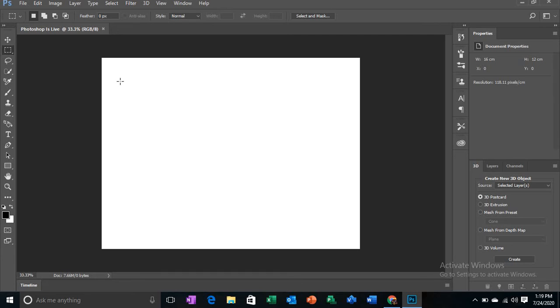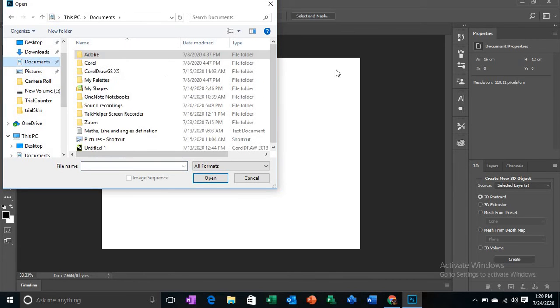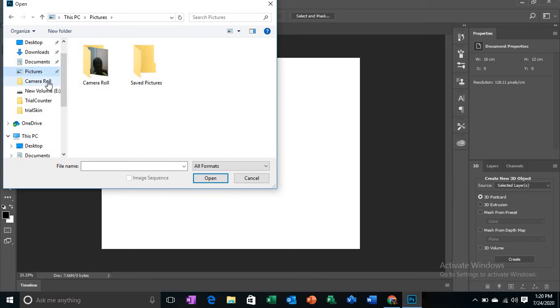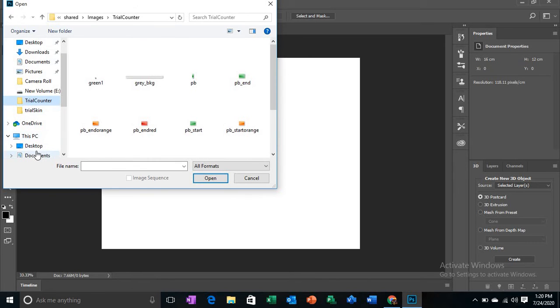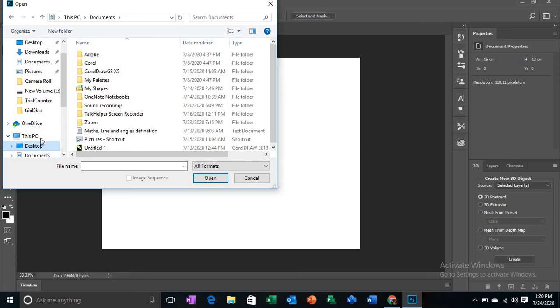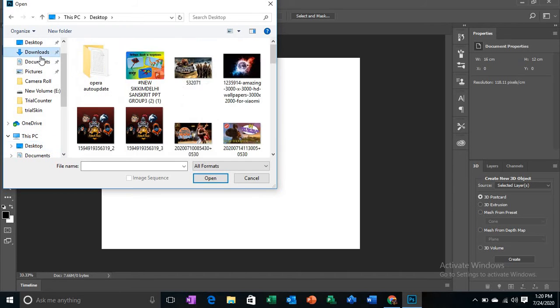Now what do you have to do next? See, we could use Photoshop's tools and commands to create our own image. So now the next step is how to open an existing image. Click on File, click on Open, click on any image. For example, we could go to Documents, Pictures, Camera Roll, our desktop, documents, and wherever we have our images. Like I want to click on downloads. I want to click on this, my logo.